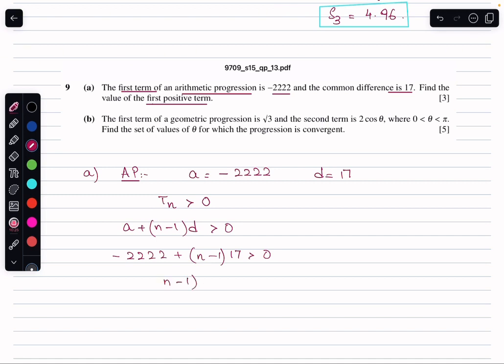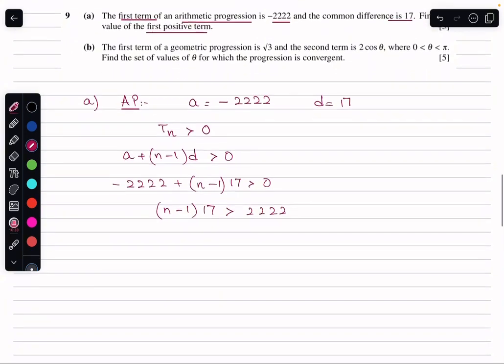So n minus 1 times 17 should be greater than 2222, or we can say n minus 1 is greater than 2222 divided by 17. So n here will be 2222 divided by 17, which is going to be 130.7, and then plus 1. So n needs to be greater than